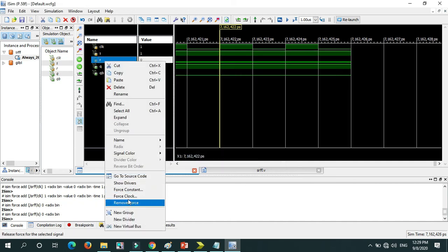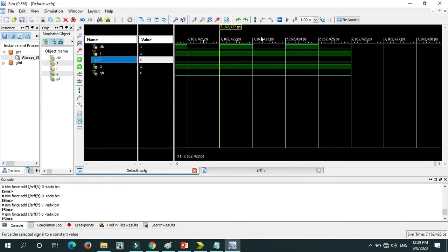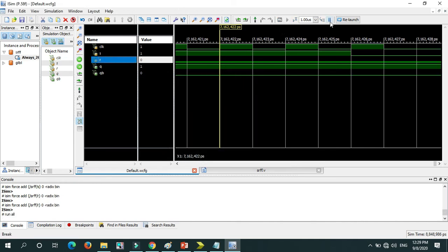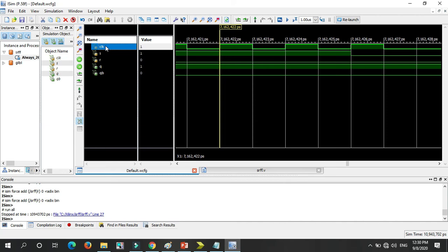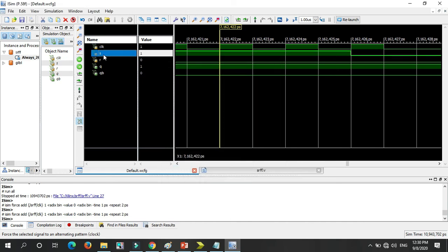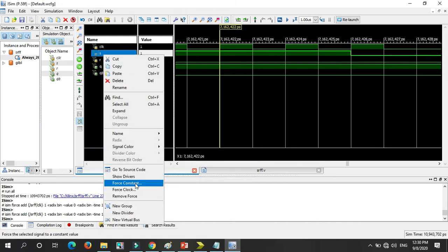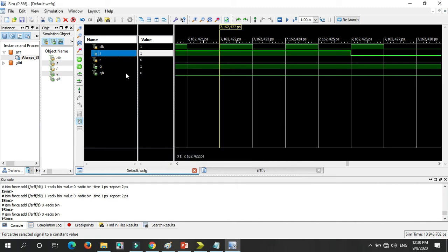R also 0, apply, OK. Run and stop for a moment, and give another value: clock, force clock, 1, 0. Now I will give S value 0, apply, OK, and R value I will give as 1.